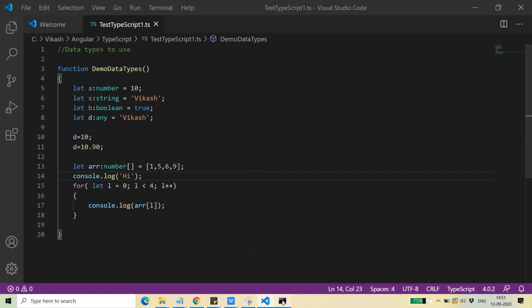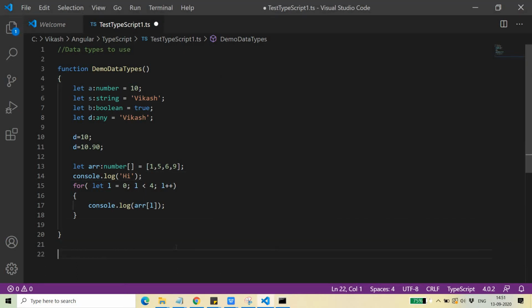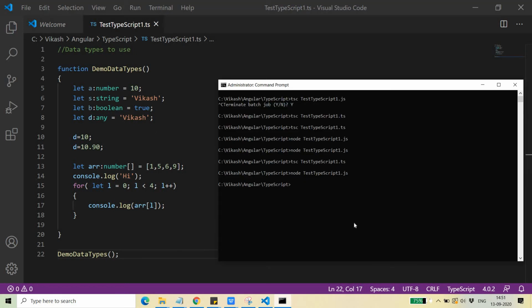But let's see why it is not doing this. It has been compiled now. I think I have not executed that command. typescript1.js, why is it not working? Oh, I have never called this function. That's the issue. Sorry for that. Okay, so let me check it.